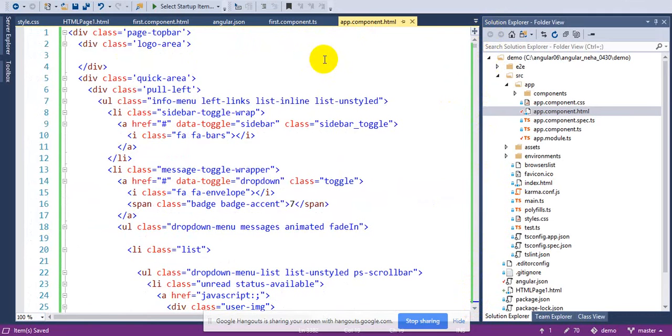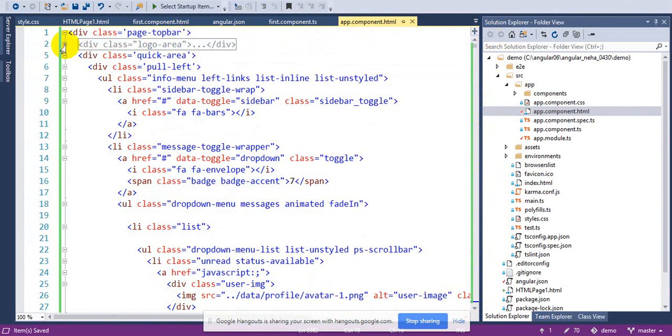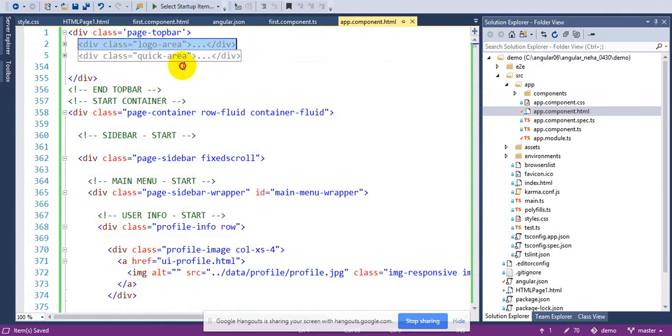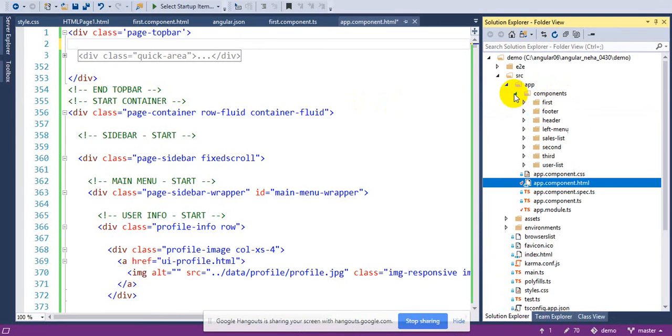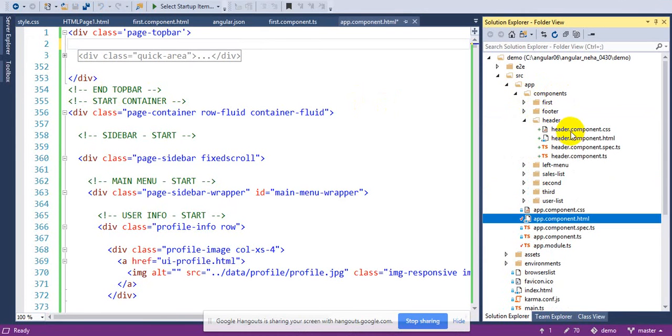this part only. So if you will see, if I will take the logo area, okay, so there is one logo area there, ठीक है ना, and quick area, I don't know what is quick area, but might be this logo area is there, which is considered as the header. Control X this and go to component, put this in the header part.